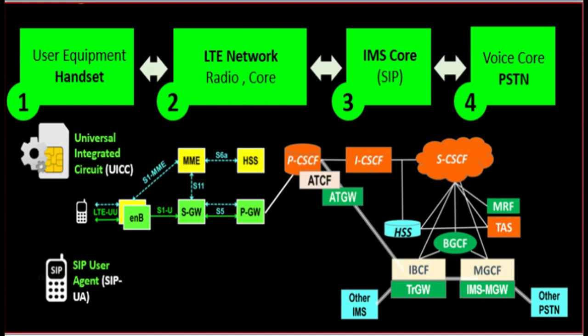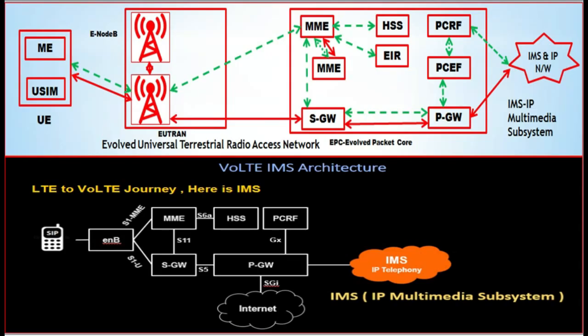Now I am going to simplify this moving ahead, and you will be able to understand every individual component. So we start. Here you can see, as we discussed, this is the 4G architecture view, and at the bottom you can see VoLTE. This is the VoLTE pictorial view. We will start with a high level concept of the LTE network and stitch it together with IMS.